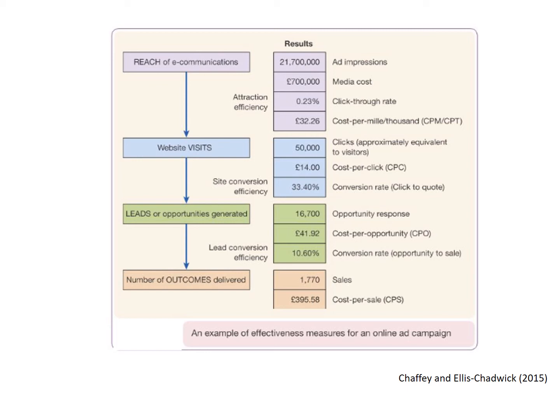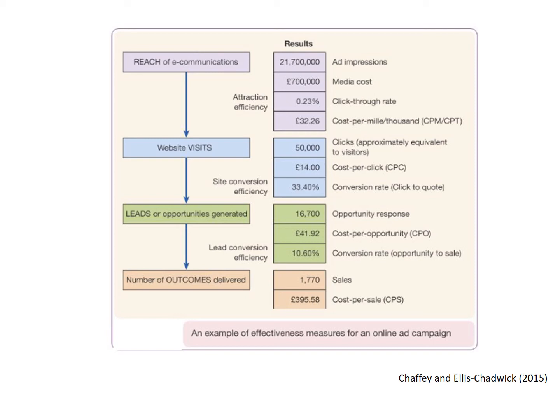And when we're looking at ad impressions, ad impressions are different to clicks on a website. We're not saying that there are 21,700,000 people who've actually clicked on your website. No, we're saying in terms of the reach, in terms of e-communications and different e-communication apps and models and processes, if it's PR, if it's Facebook, if it's LinkedIn, if it's pay per click, all these added up together, what are going to be the number of ad impressions, and how much is that costing you? So the ad impressions are X number of times people have seen your site. So if we say 21,700,000, then we are ultimately saying that people could see your ad or your product